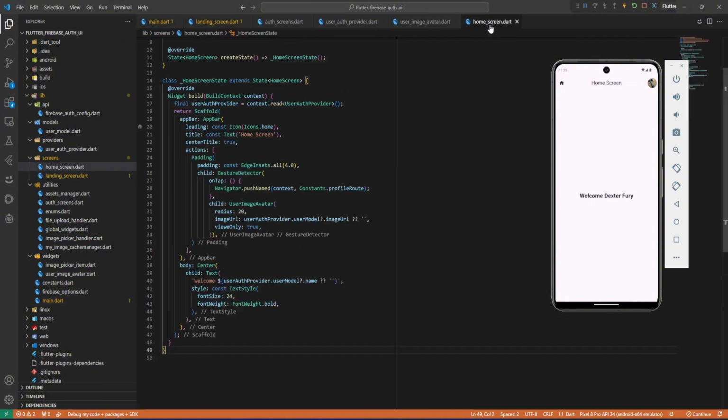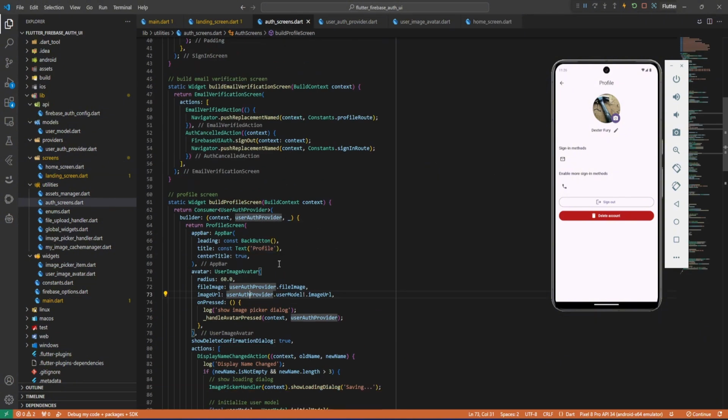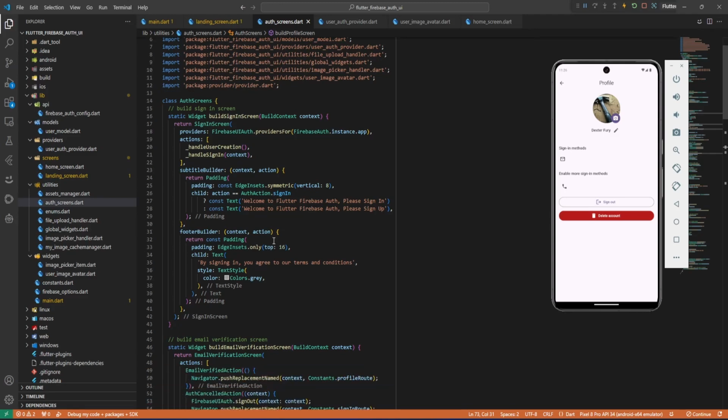Now let's work on another authentication system, which is going to be the phone auth. So what we're going to do is log out and then get started to work with the phone authentication. The first thing that I will do is go to the profile and then click on logout here. Now on logout, if you go to the auth screen here, remember that we also did